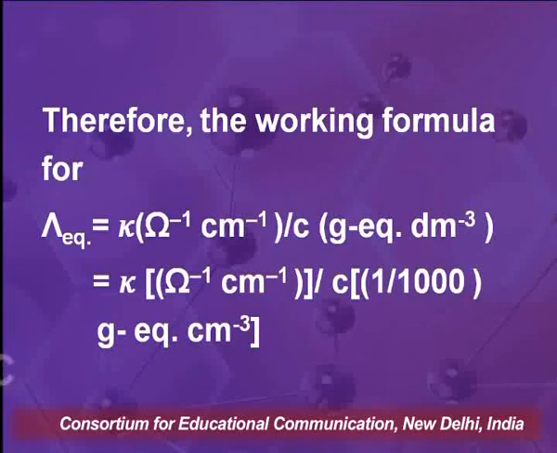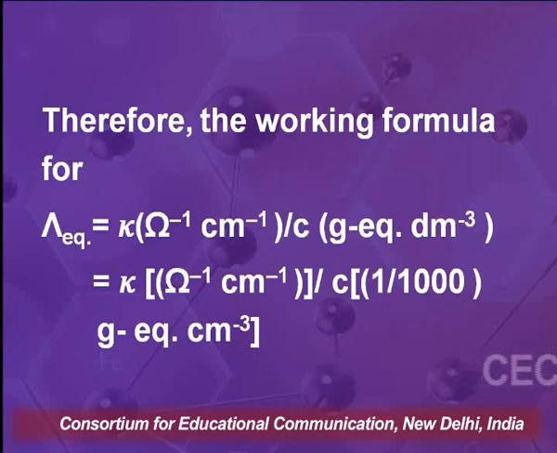So that we can get a working formula for lambda equivalent as lambda equivalent is equal to kappa in brackets ohm inverse centimeter inverse divided by C gram equivalent decimeter cube,